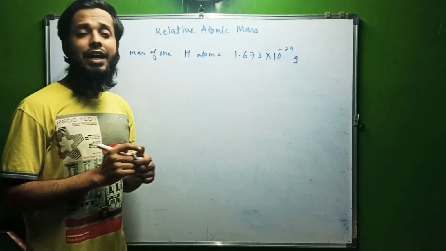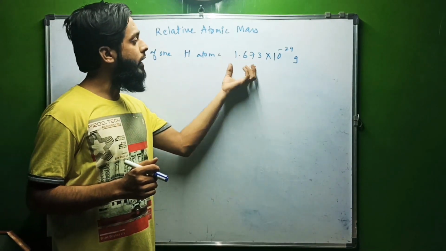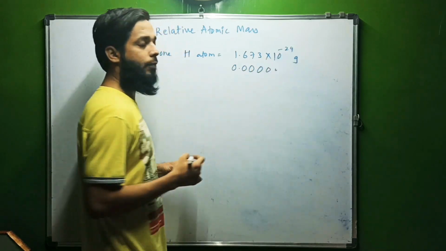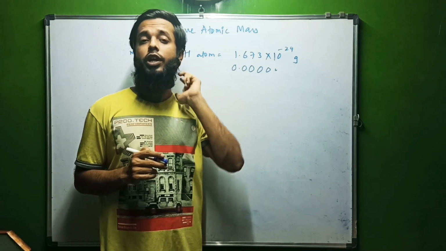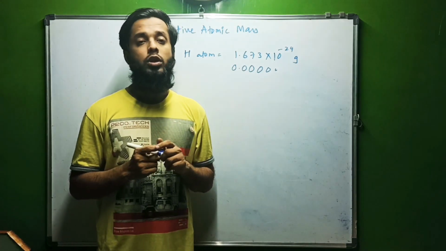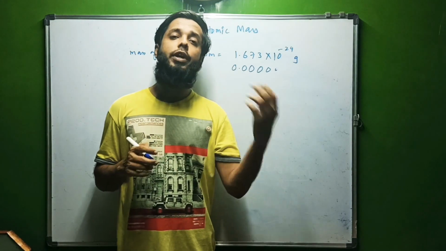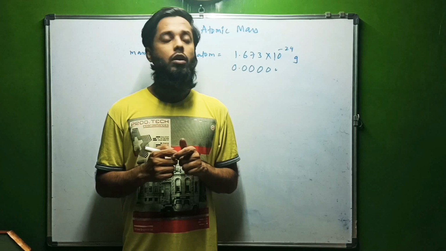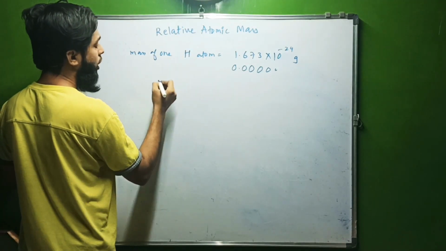You can imagine, as atoms are so small, so microscopic, obviously the weight would be an insignificant figure. And at that time there was no method to determine the actual weight, as atoms are so small. So they came up with the idea of relative atomic mass, like how many times one single atom is heavier than the lightest one. So they wanted to compare the weight.